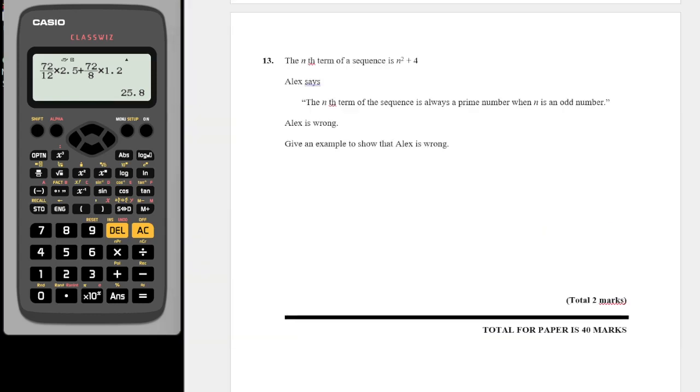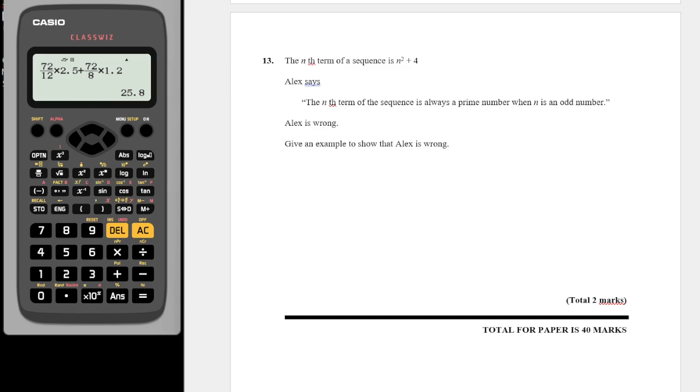Okay, the nth term of the sequence is n squared plus 4. Alex says the nth term of the sequence is always a prime number when n is an odd number. Alex is wrong. Give an example to show that Alex is wrong. So